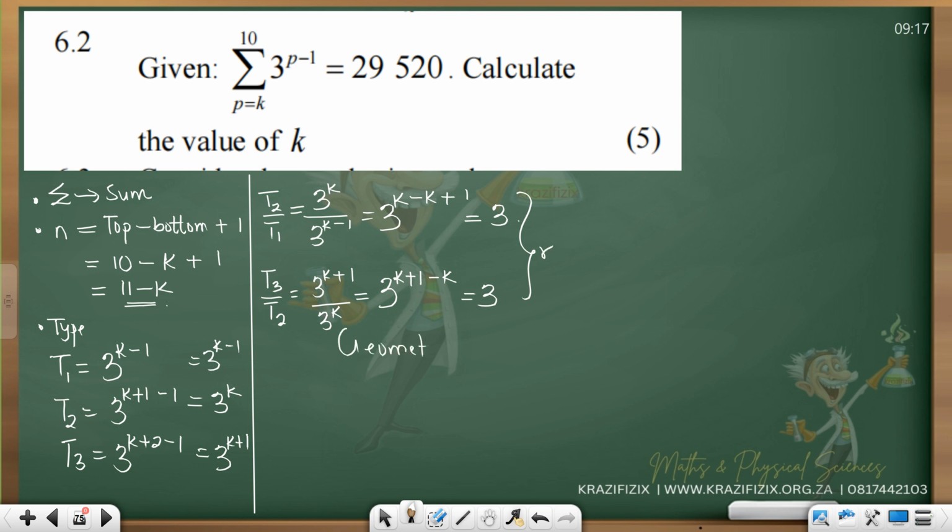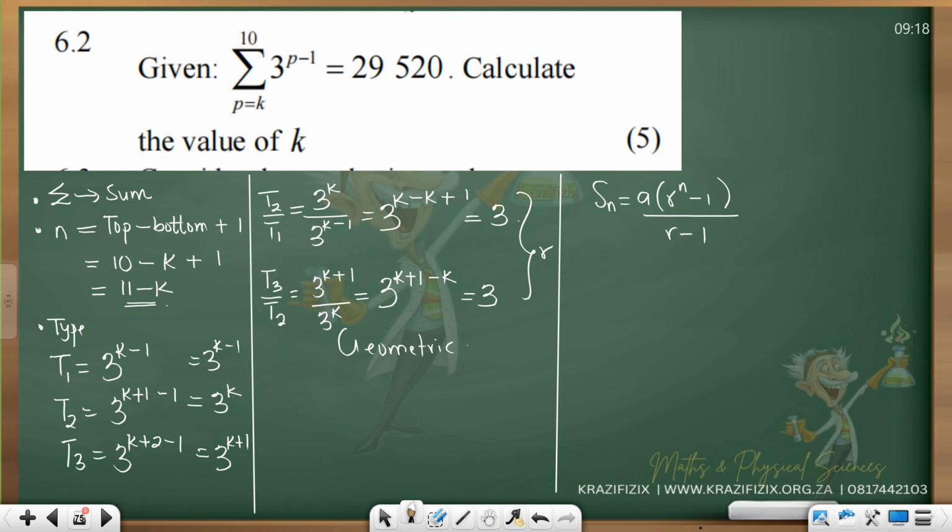Now we can begin the work. It's a sum, so we go to the Sn formula. What is the formula for geometric? A r to the power n minus 1 over